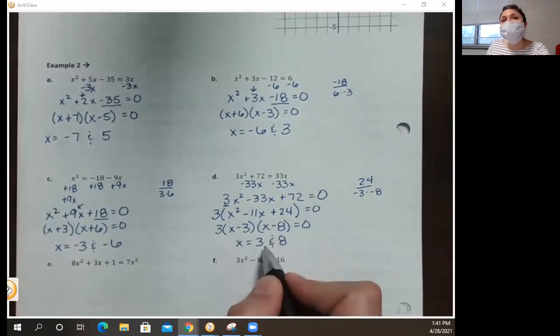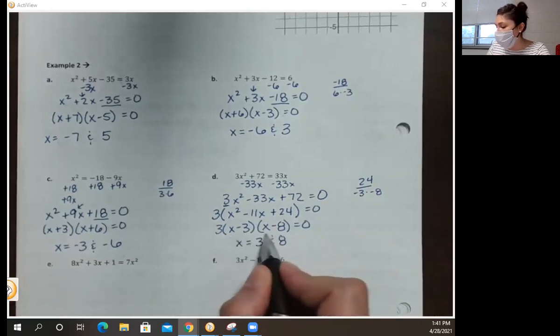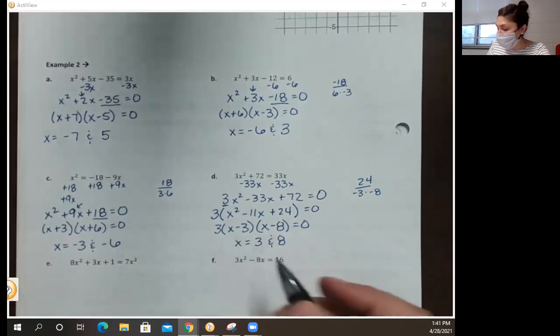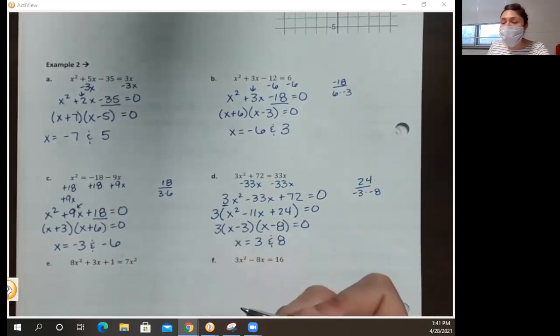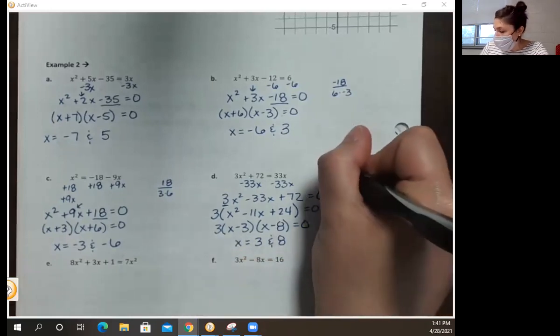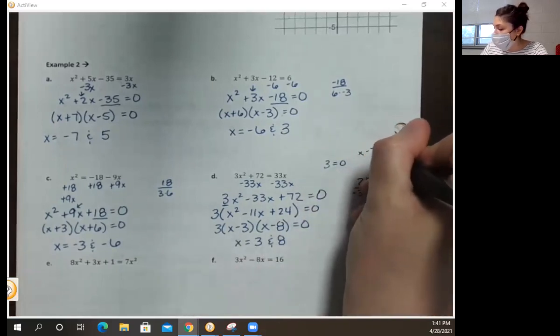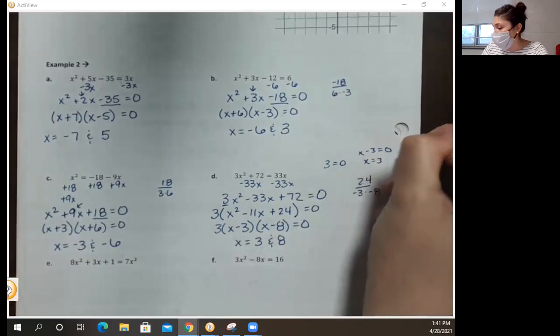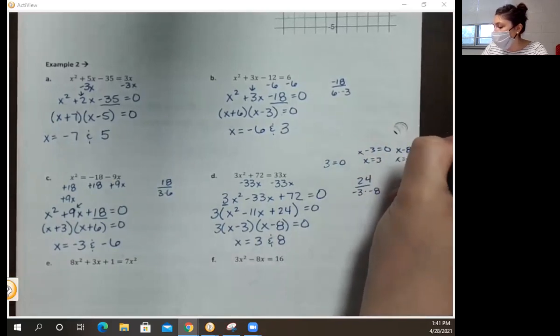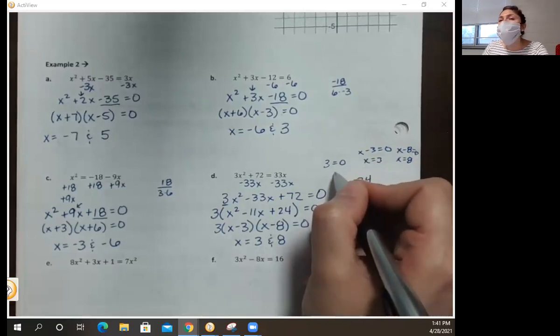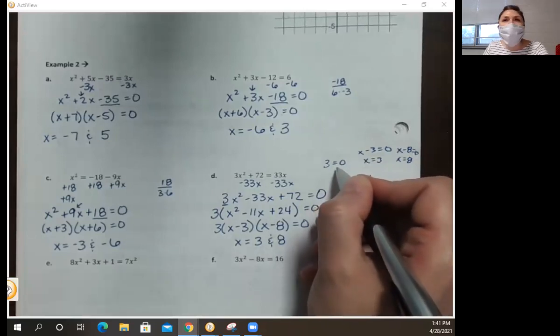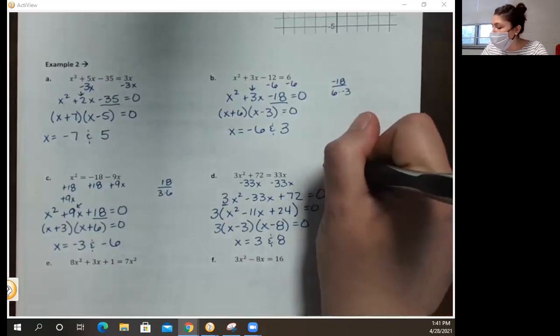Yeah, so when we're finding solutions, we're finding them from factors that have an x in them. 3 doesn't have an x, right? So if I tried to set that equal to 0, like we said, we could put x minus 3 equals 0 to solve for x, and x minus 8 equals 0 to solve for the other x. If I put 3 equal to 0 here, there's no x to solve for. This is just like gibberish, since we know 3 is not equal to 0,